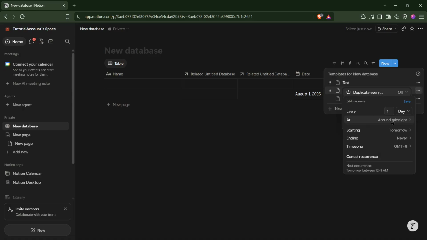Scroll down, and for this example, I'm selecting around midnight as the duplication time, which ensures new entries appear at the start of each day. Click the Save button at the bottom right to save your recurring template. And now, every time you create a new entry using this template, Notion will automatically duplicate it on your chosen